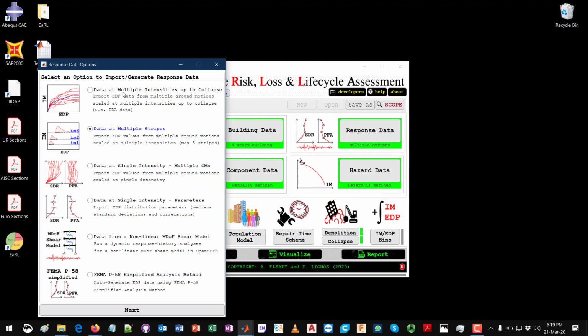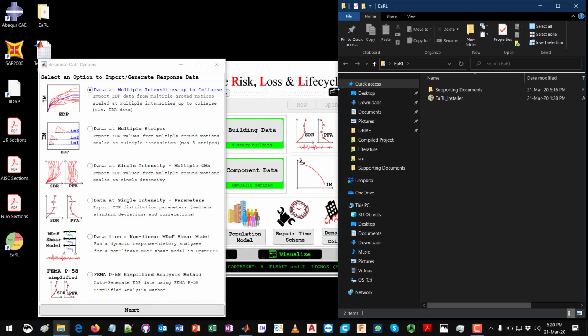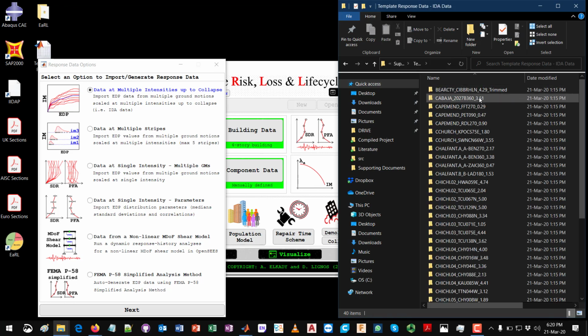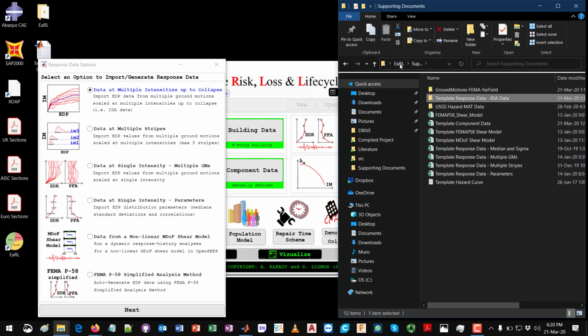The first one essentially is to define data that are obtained from incremental dynamic analysis procedures. So if you have done an incremental dynamic analysis procedure, you can use this option to import your data into EaRL. In this case, it's all done through the supporting documents that are provided with EaRL. Inside the supporting documents, there is this folder that says template response data IDA data. And inside this one, it gives you essentially how the incremental dynamic analysis data should be